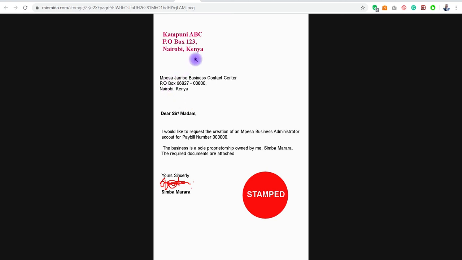So an example letter will be like: your company details here. This is your letterhead, and then Mpesa Jumbo Business Contact Center, PO Box, whatever. This is the address that my client used. I think they gave him from the Safaricom shop. And then, dear sir stroke madam, I would like to request the creation of an Mpesa Business Administrator account for paybill number, your paybill number here, or your till number, or whatever. I don't know if it works the same way for the till number. The Mpesa business is a sole proprietorship owned by me, Simba Marara. The required documents are attached to this email, and then you write sincerely, your signature, Simba Marara,